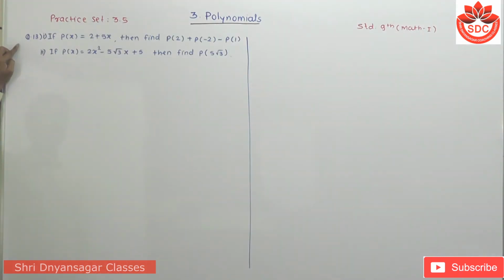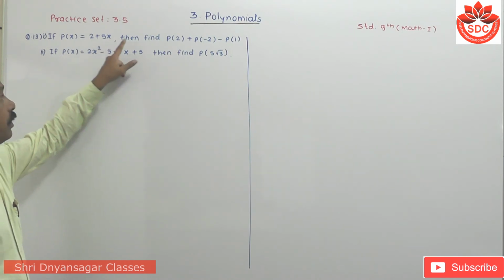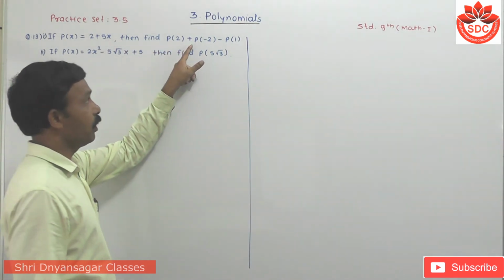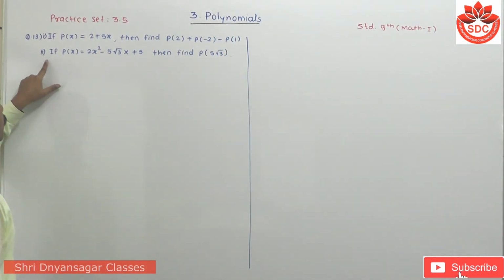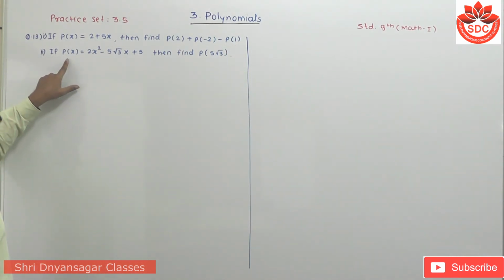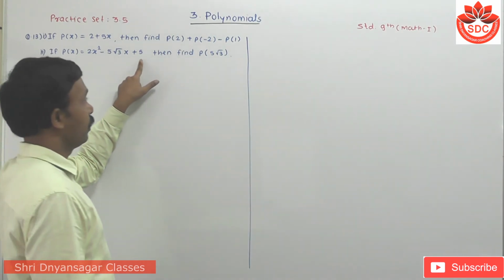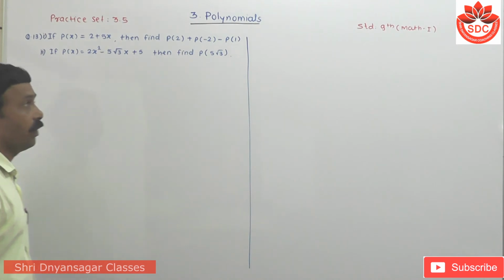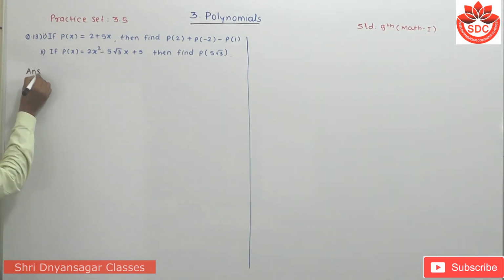Question number 13. If p of x is equal to 2 plus 5x, then find p of 2 plus p of minus 2 minus p of 1. And the second sub-question is, if p of x is equal to twice x square minus 5 root 3 x plus 5, then find p of 5 root 3. Students, its answer is,